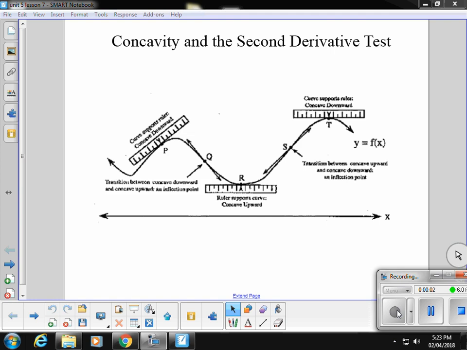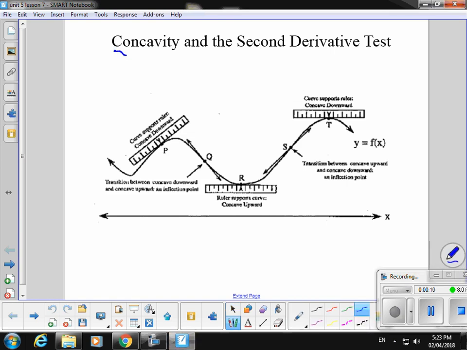All right, calculus, we're looking at Unit 5, curve sketching unit lesson 7, and we're going to talk about concavity. So concavity is just described as the way it curves below. So curving downwards, concave down. You could set your ruler on top of the curve there and everything would lie below it. Concave up would be you could sit that ruler underneath the curve and everything would pull away from your ruler